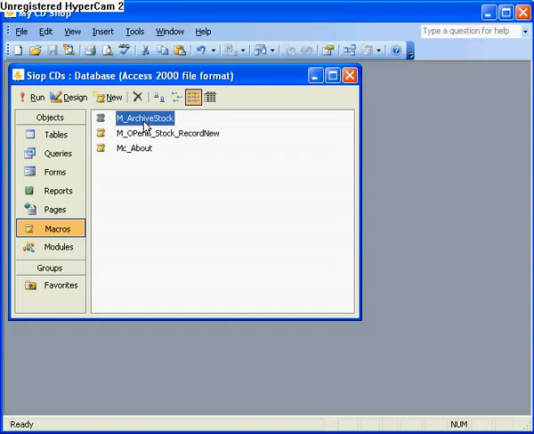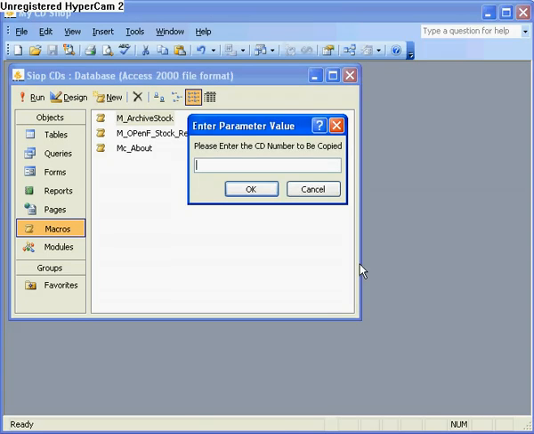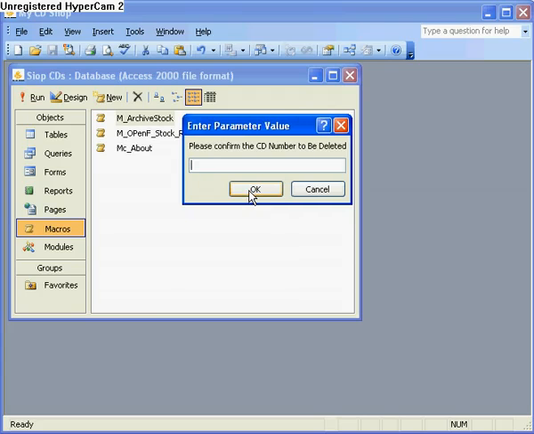If I run the archive stock macro, the first thing it does is ask me for the CD number to be copied, because that was the parameter I entered into the append query, number 2. And now on OK, it asks me to confirm. You can see now why I typed that in, the CD number to be deleted. Now obviously there is room for error here. You could have a user that types in the wrong number, so it'll append one and then delete another, but we'll trust our users not to do that. I know generally speaking you can't trust users to do anything, but we'll just do that for now and click